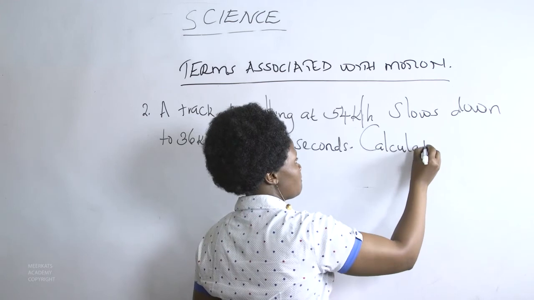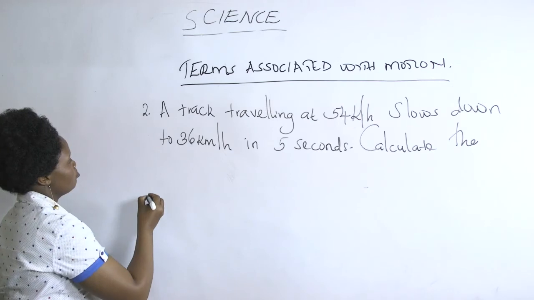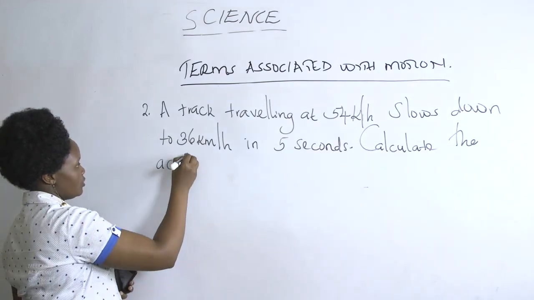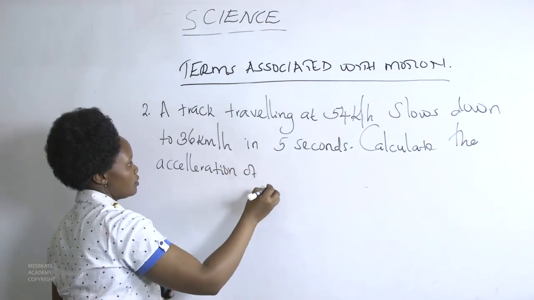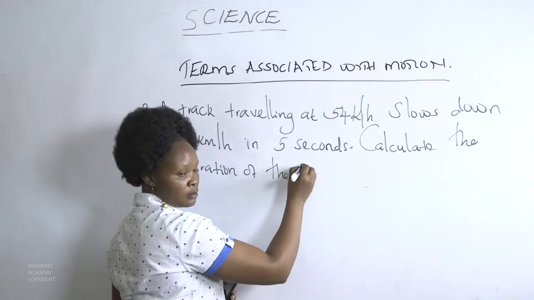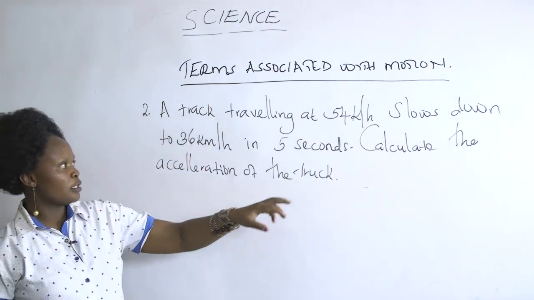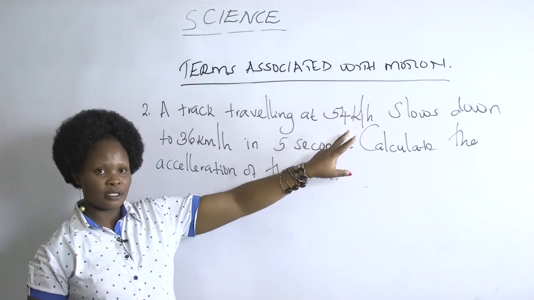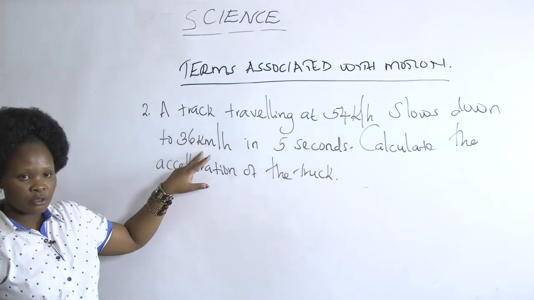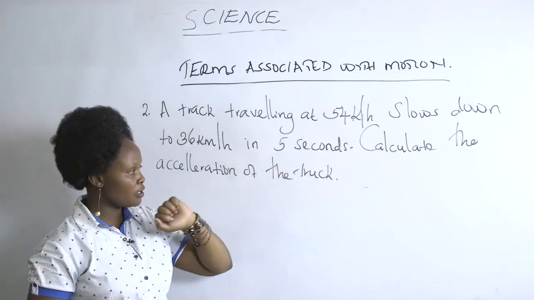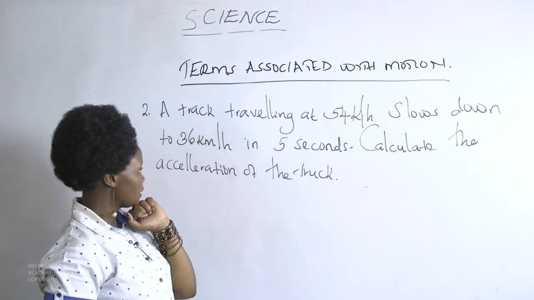Calculate the acceleration of the truck. That we have a truck whose initial speed is 54 kilometers per hour, and that one reduces to 36 in 5 seconds. We are interested in the acceleration,